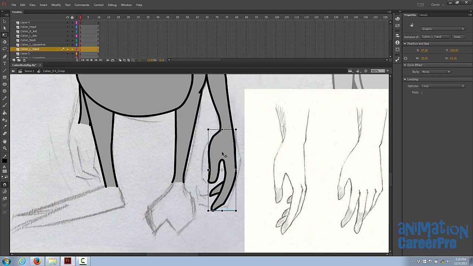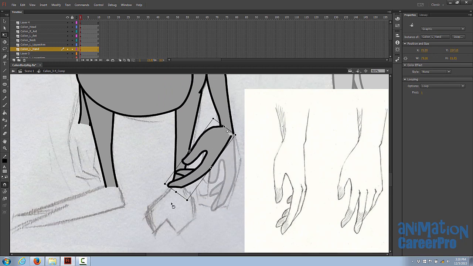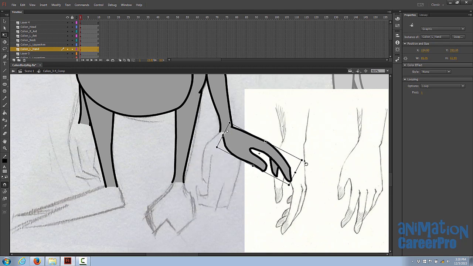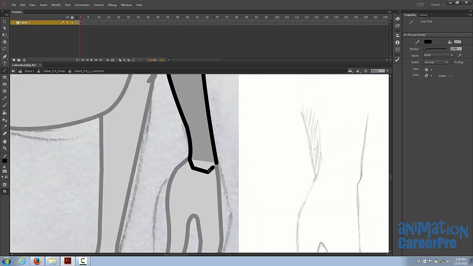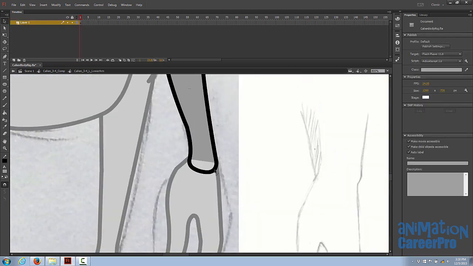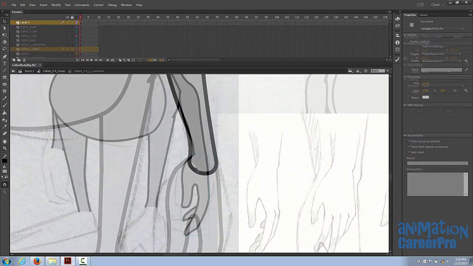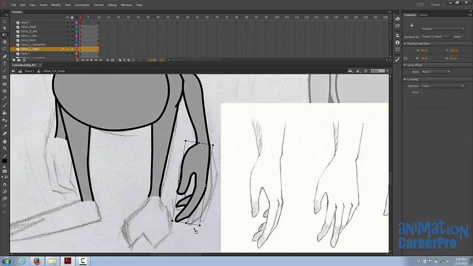Okay. So right off the bat, I'm going to change the pivot point, just get that done and out of the way, and see how that works out. We can see that it breaks here. So what we're going to do is round off the edge of the forearm. And now when we rotate the hand,